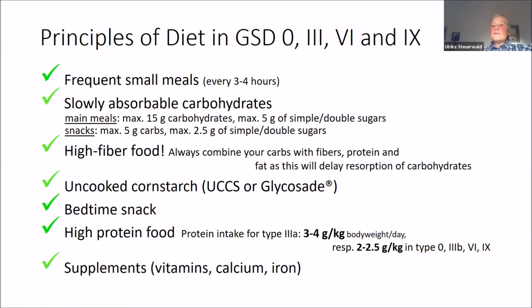You might need some supplements because the cornstarch will give you some troubles with the diet. You won't eat all the stuff that other people eat. You are not allowed to eat too much of the fruits and all the stuff. So you usually need some vitamins. You might need some calcium. You might need some iron, but that's what your physician has to decide on from your blood samples. And most people